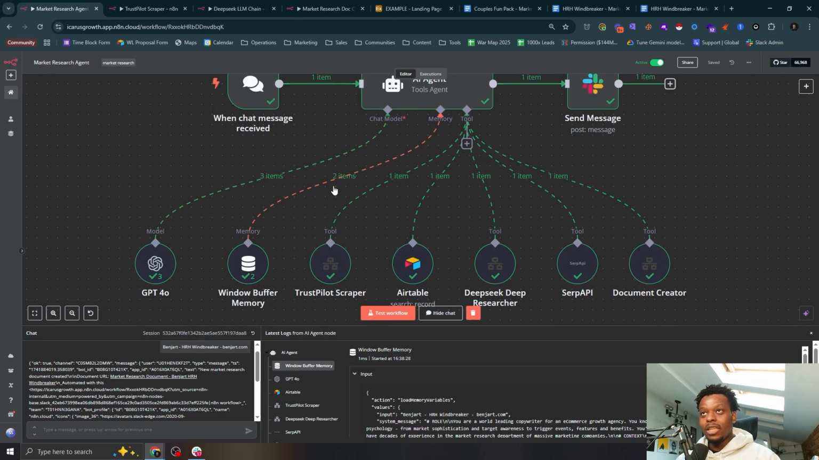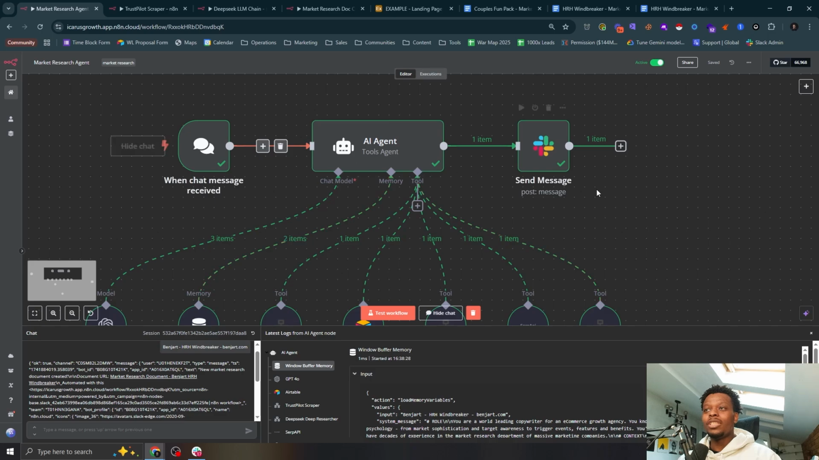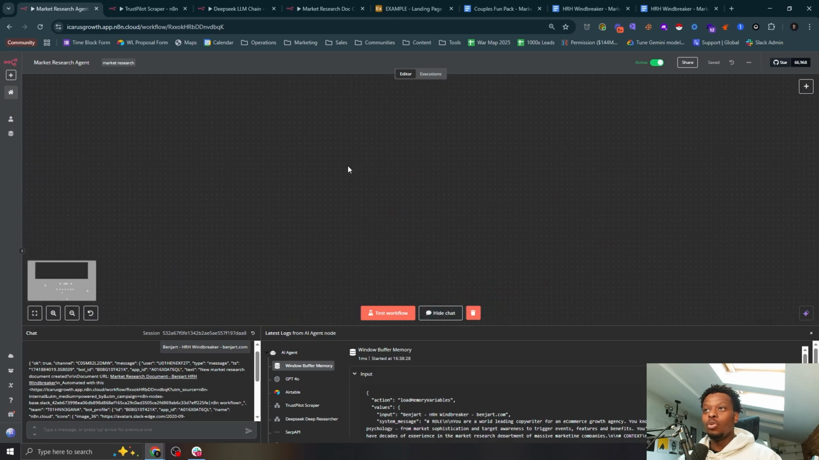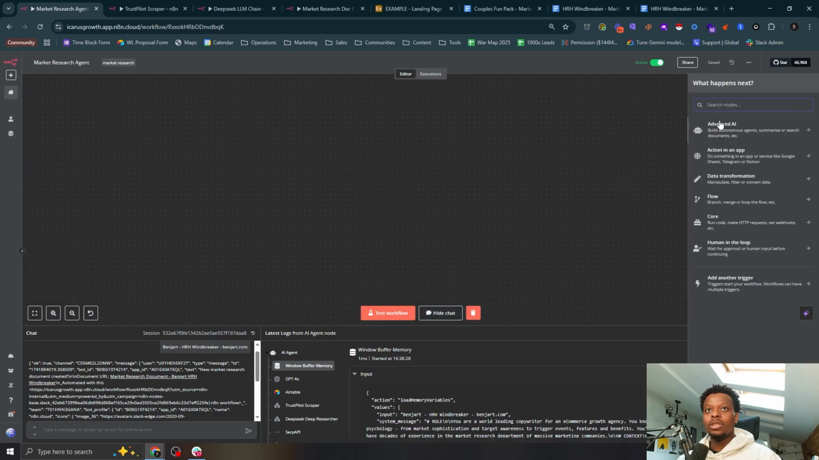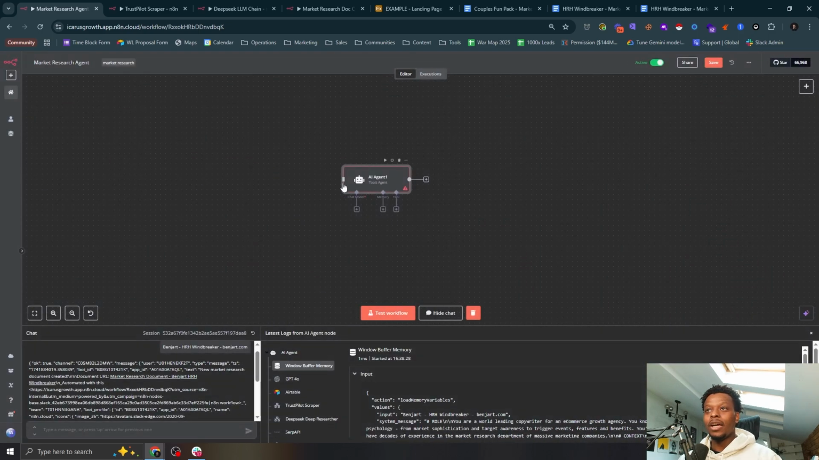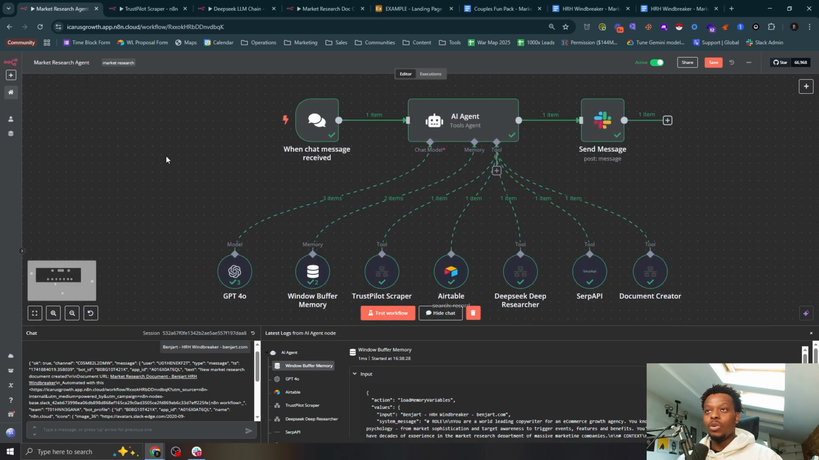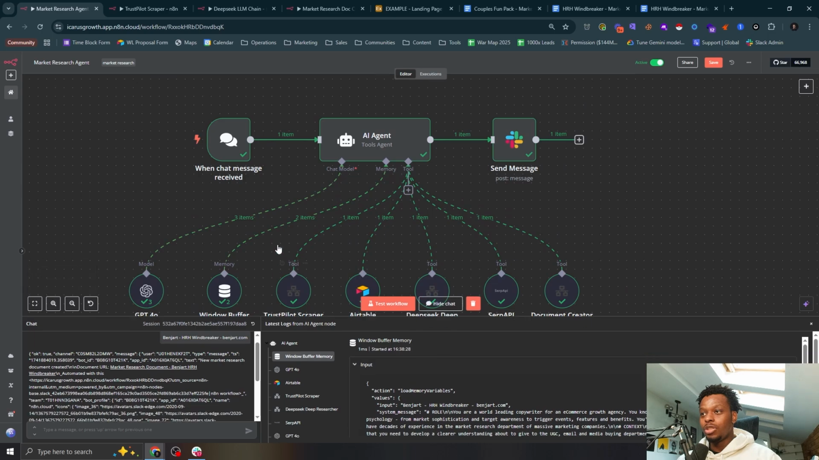So if you haven't actually seen AI agents in general, honestly, they're incredibly simple. All you would need to do is add a node, type in AI agent. Congratulations, you have an AI agent. This is all it is. There's nothing else to it. There's an input, and then the agent is just a chat with some memory attached and a bunch of tools attached as well. So the way that it works in this situation is that whenever a chat message is received, which you can see up here,